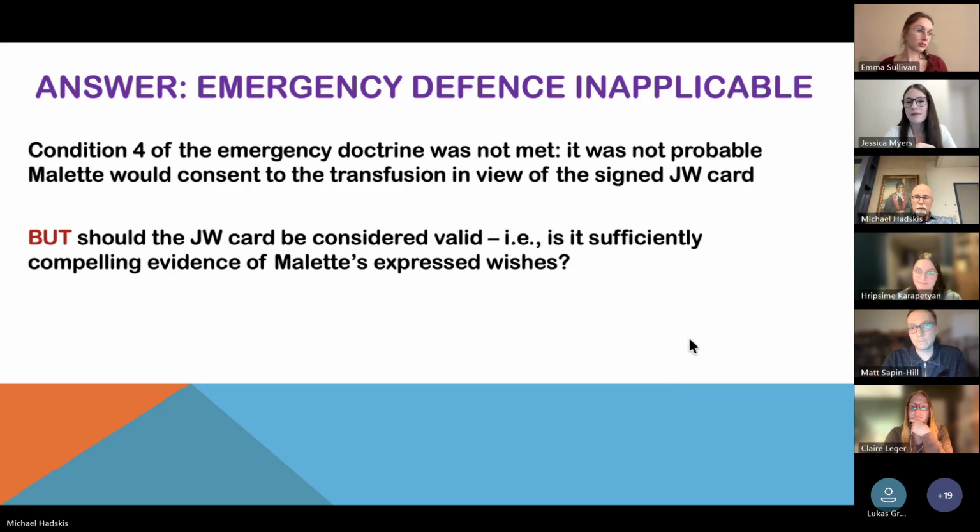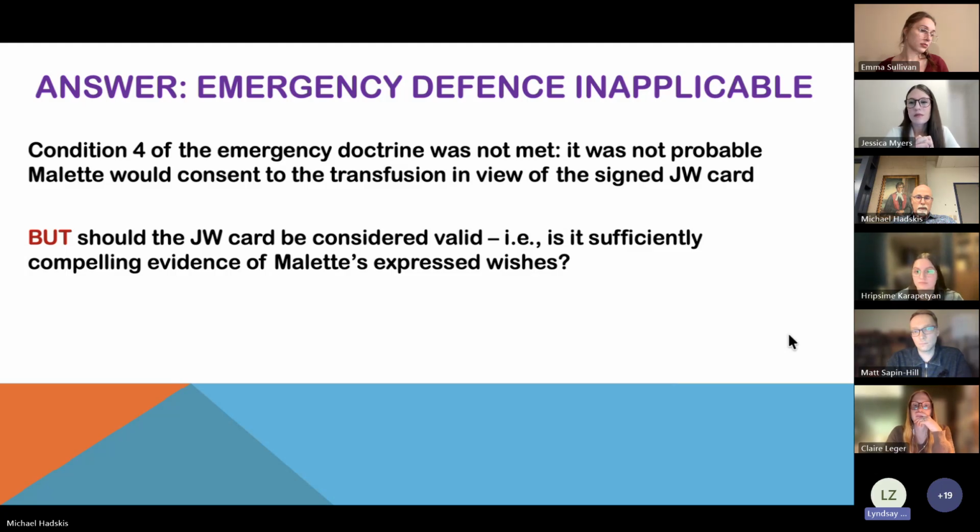I just think that the Jehovah's Witness religion has to be taken under scrutiny as well. What kind of peer pressure were these people under signing these cards? Did they know, was it put to them either death, or were they okay with dying if they didn't receive a blood transfusion, or did they just want to adhere to the religious doctrine, to be good within the religion? So I think the religion and maybe the mind controlling aspects of the religion would have to be held under some kind of scrutiny,